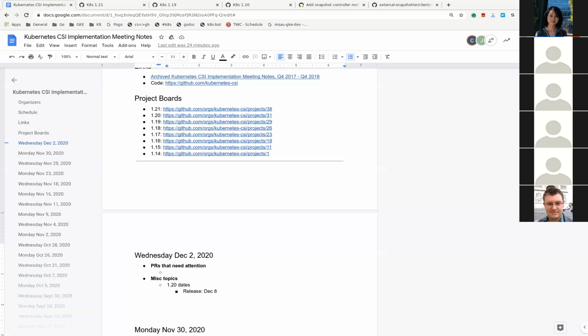Okay. I think things are looking in really good shape. I don't think there's any major thing we're waiting on that is blocking. The snapshotter is the one that has the most changes, but I think those two PRs are looking in good shape, right? So we should be able to merge them this week. Okay.